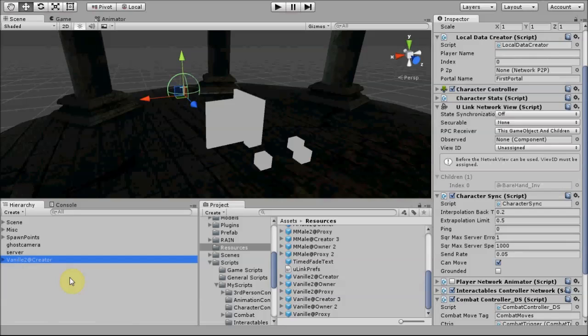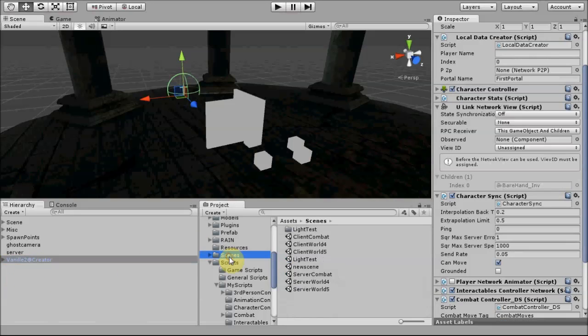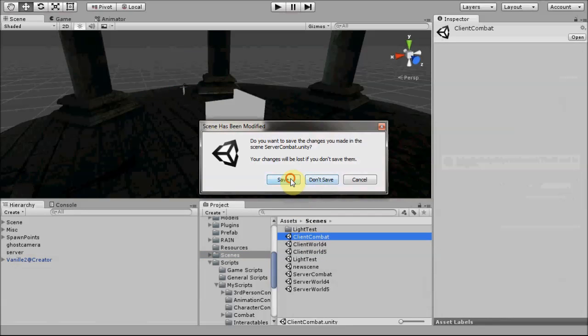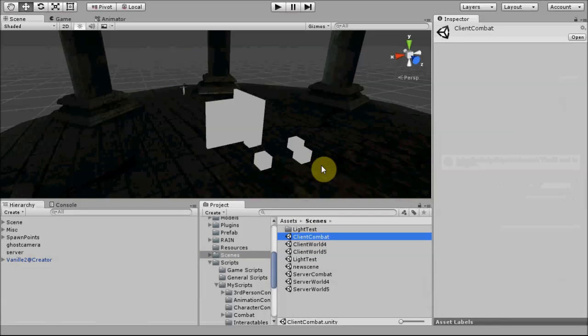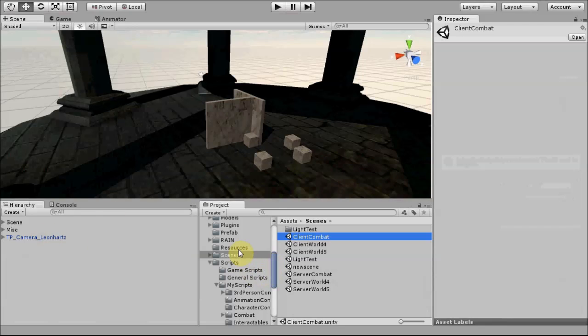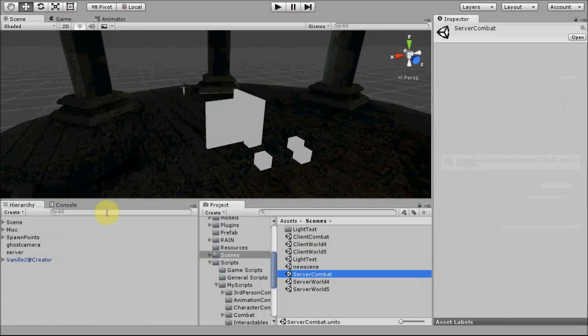For the clients, they will of course have to instantiate them at runtime, but for the server we want them all in the scene. No, the client scene should be the same as well. Even if you are on the client side, for example, you still need to have that game object, the NPC object, at the same spot as well, otherwise they wouldn't be seeing the same thing as the server. That's not good. So for example, we have NPC,